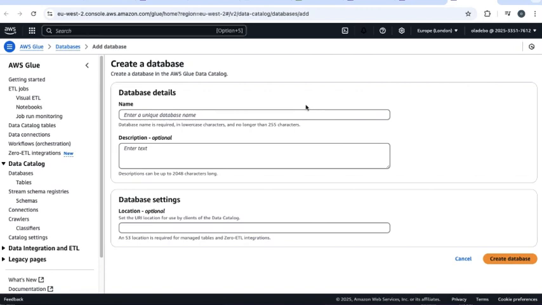And name our database. Our database. So we click on create database here